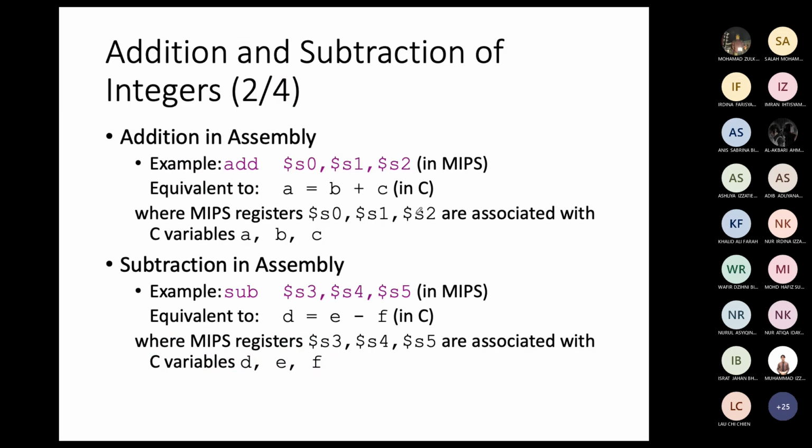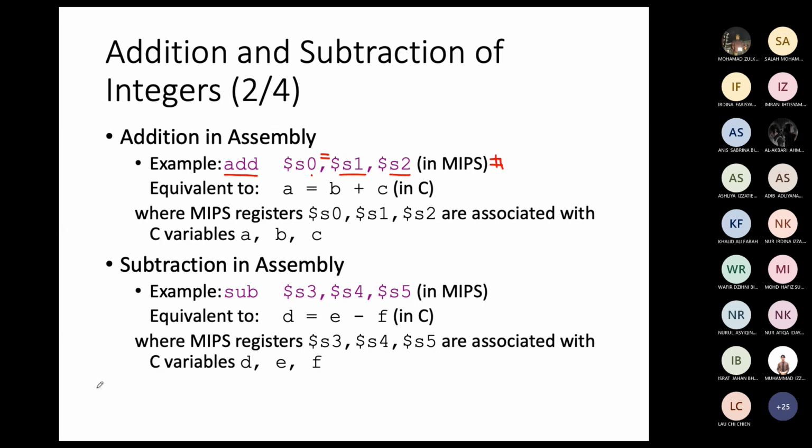For example, addition in assembly. Example for MIPS, okay, we use the command add. Okay, add means to add the variables or registers S1 and S2 and store it to S0. Okay, so in this case, I would write,